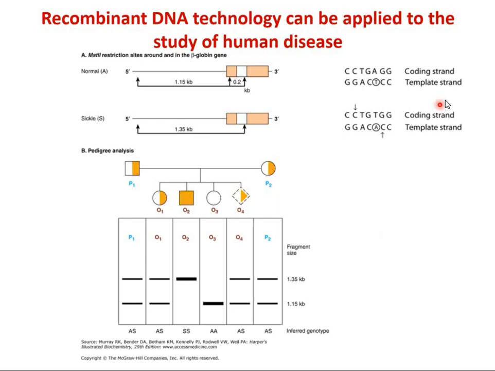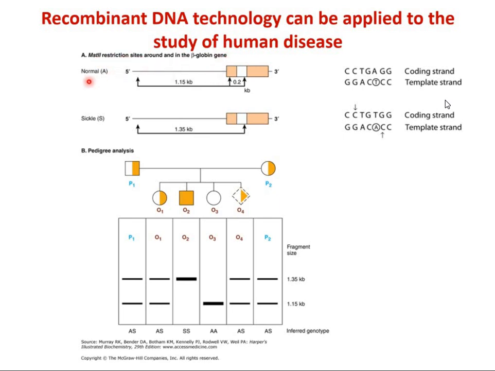This property is utilized for analyzing, for looking at what is the status of an individual, or like the individual is having sickle cell. He's a case, he's a carrier of sickle cell trait. In this case, what we are doing is we are doing PCR amplification. We can do this, or like southern blot can be done. In this case, it represents a southern blot that has been done, and there's a MST2 restriction site in the